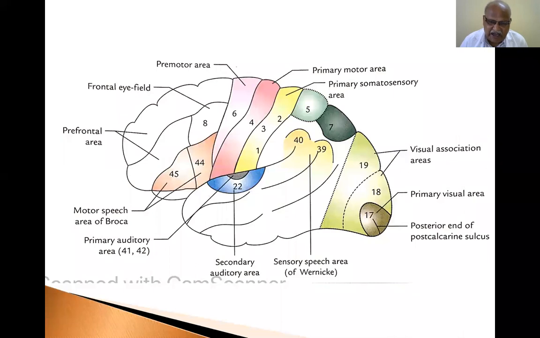So, a large mass to accommodate in a small cavity, it is folded. It is folded to accommodate a large mass within a limited space. That is the reason why it is developed in a sulci and gyri pattern. Because the cerebrum is highly developed and large in mass, whereas the cranial cavity is a limited space. To accommodate it, the sulci and gyri pattern has occurred, and it is essential for the highly developed individual.